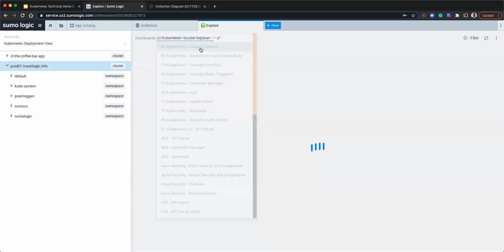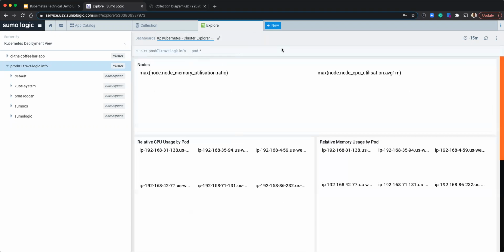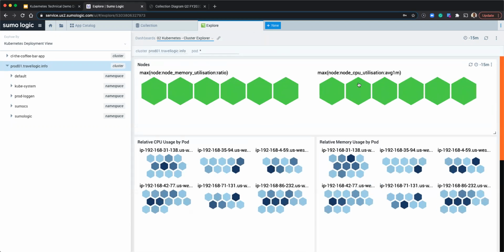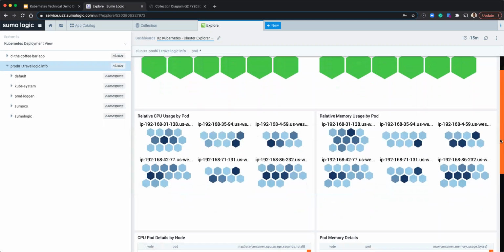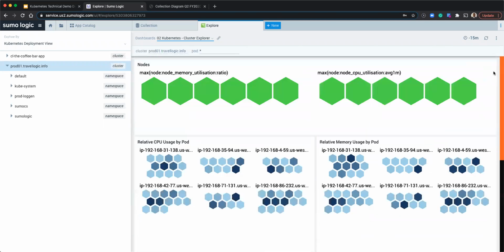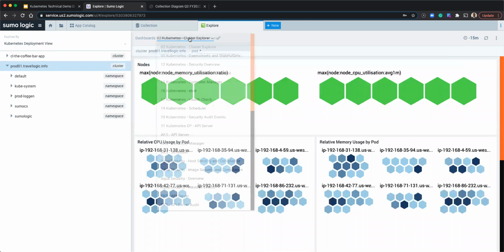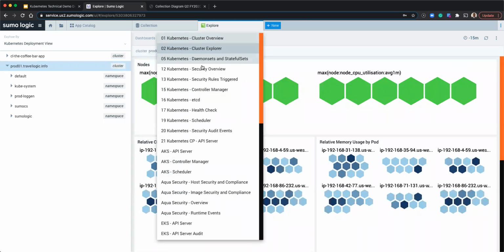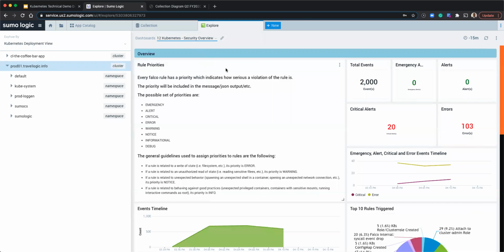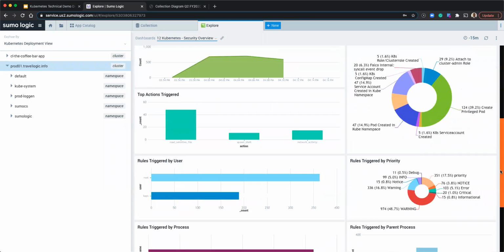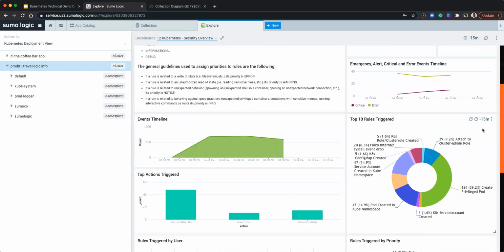I also have a cluster explorer view, which shows me a different view about my cluster, and I can see the various different nodes, the health of the various different nodes, as well as the pods which are running over here. And if I look at this menu options, I can see there is a security overview dashboard here. So if I go to the security overview dashboard, I can see the information about the various different rules which